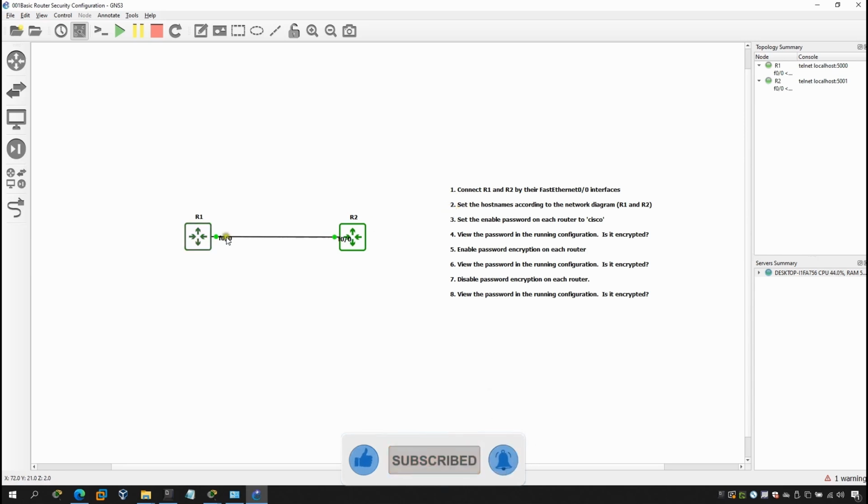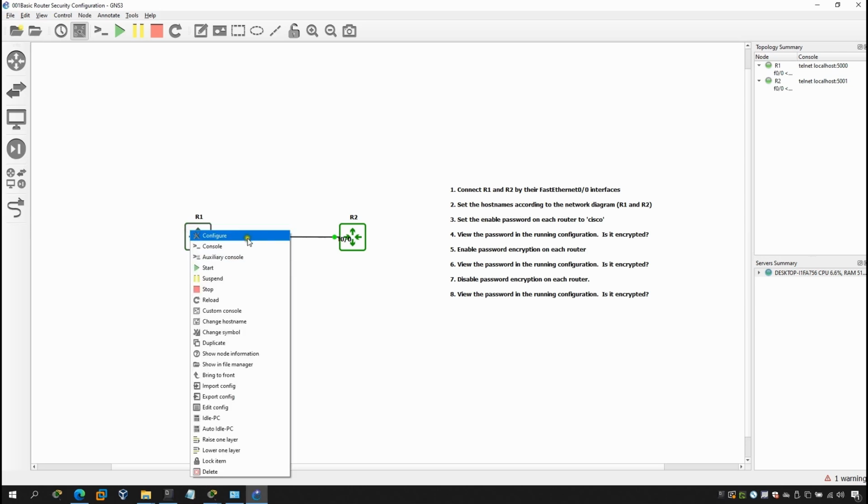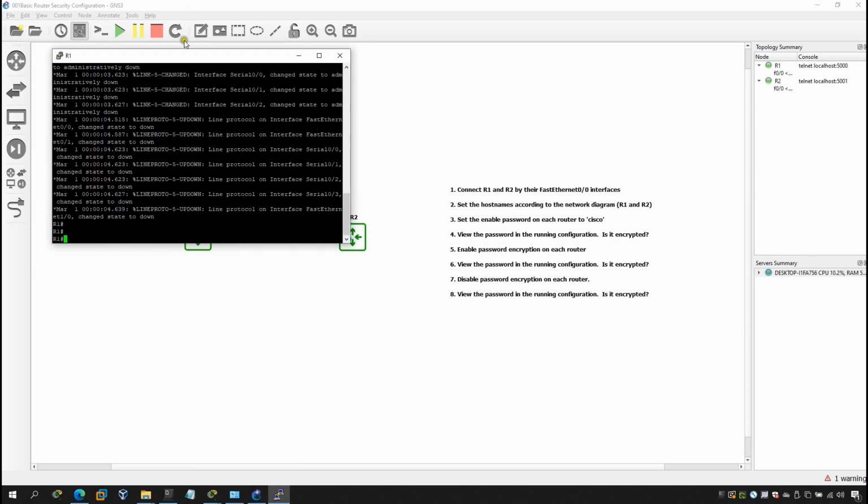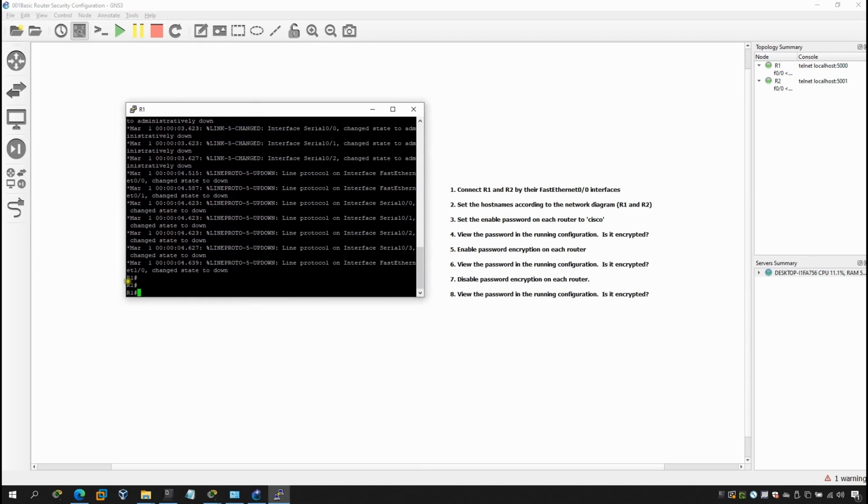and we have to go to task 2, which says set the host name according to the network diagram. So right click it, and you have to come here and click on console. You can see this. It says R1 is already renamed, so we don't have to rename. If you want to rename, I will also show you. So this is the executing mode,